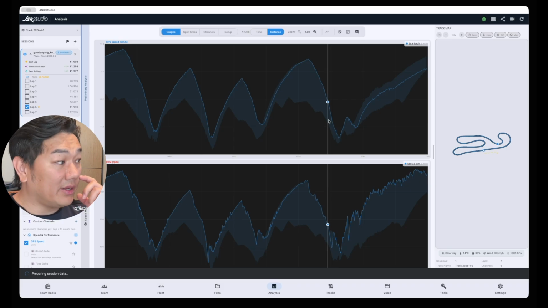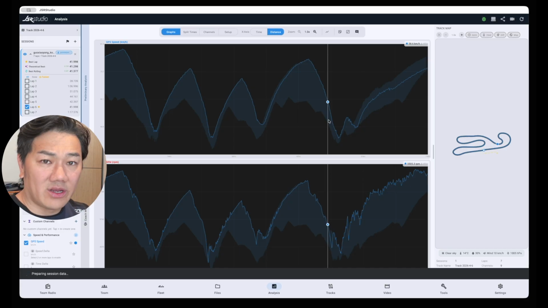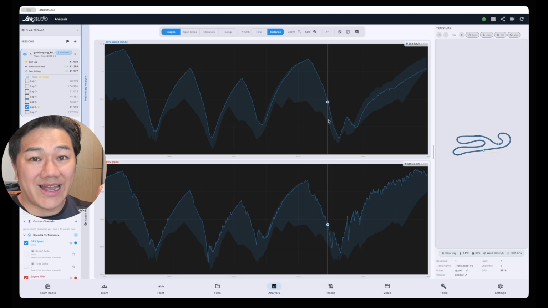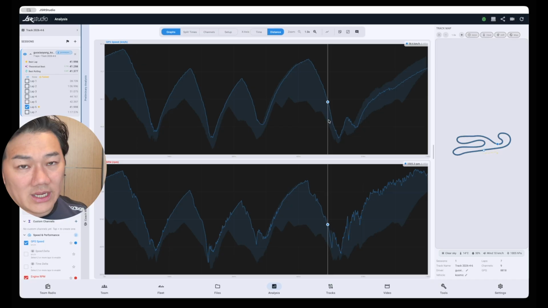But in the previous screen, I actually showed you something called notes, and that is another feature that I've implemented into this analysis screen, and that is annotation. So with annotation,